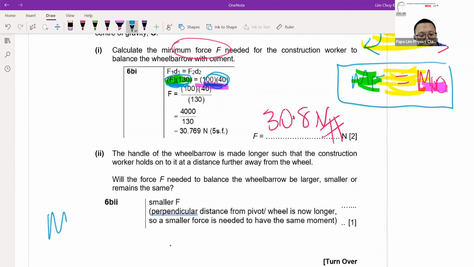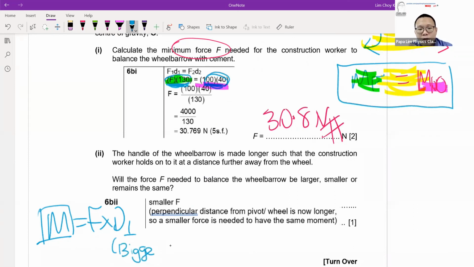The moment is force times perpendicular distance. To support the wheelbarrow, I need a constant number of moments to actually lift it up. So what happens is, if my perpendicular distance is longer, is now bigger, to ensure the same moments,